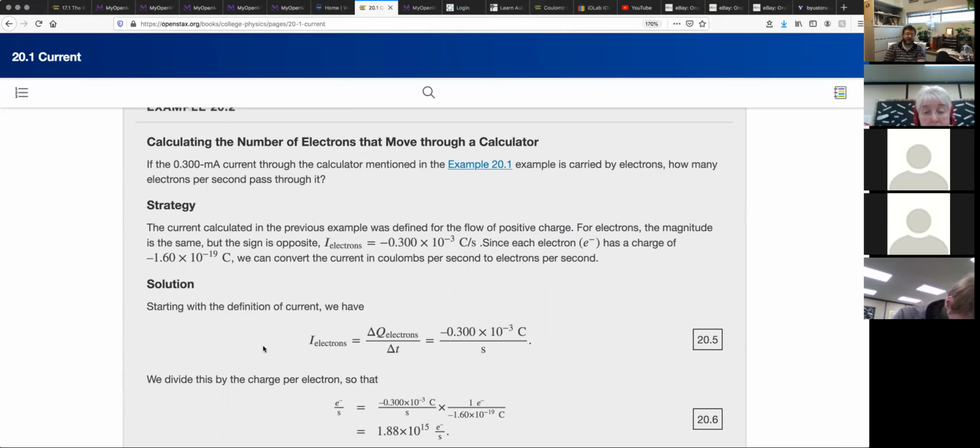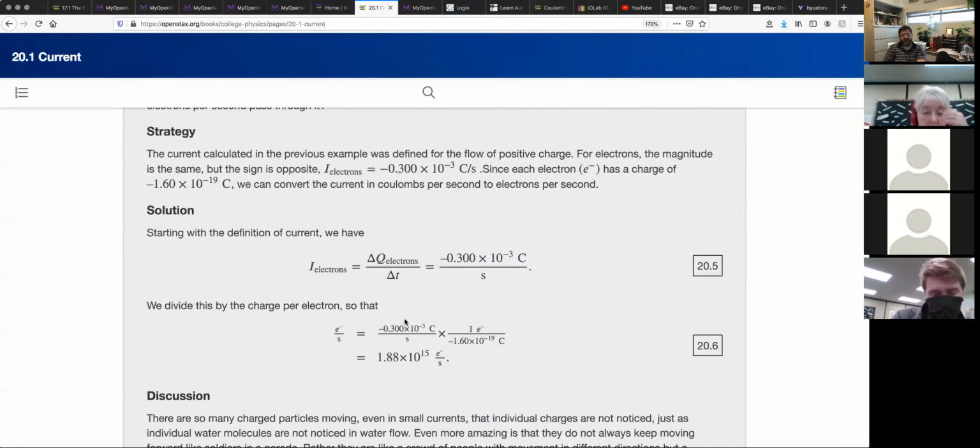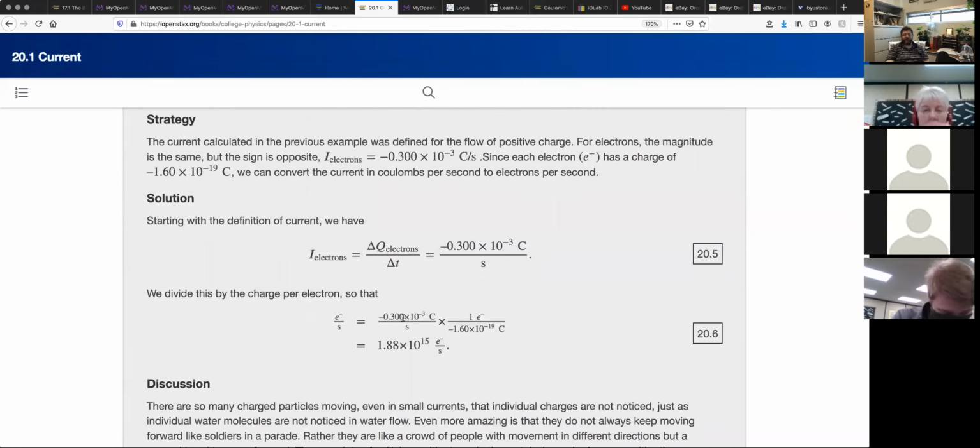Well, we know the current. For this equation, the current is on the left and then delta Q over T. We want to actually calculate, so current equals delta Q over T, and that's our 0.3 times 10 to the minus 3 coulombs per second. And then we're going to set that equal to the,